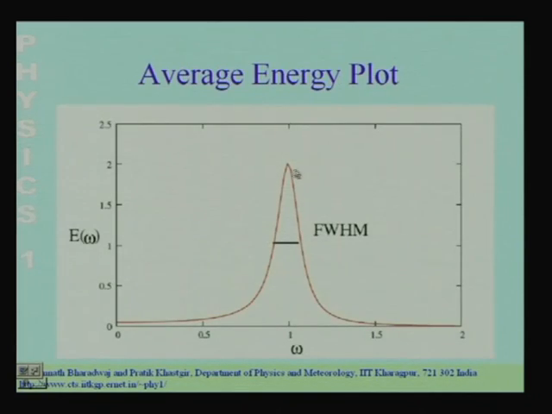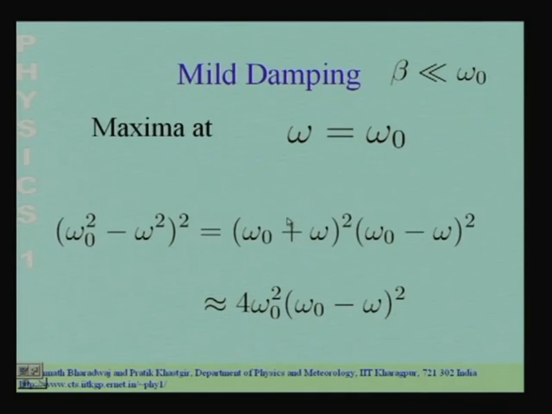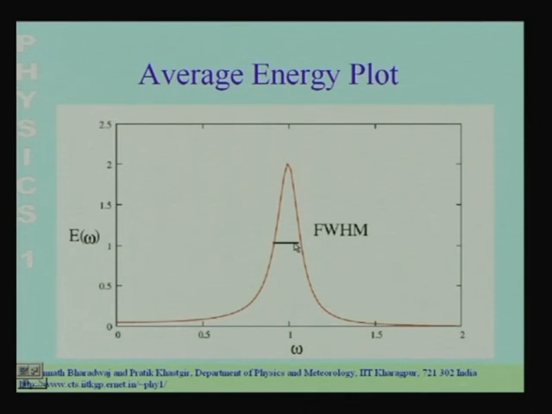It occurs over here, at this value of the frequency, and now the question is, how much do I have to change the frequency so that the value of the curve falls to half the maximum value? In this case, half the maximal value corresponds to 1. So, how much do I have to move away in frequency from the position where the maxima occur, so that the value falls to 1? You can see in this curve that it falls to half the value if you move from here to here, or from here to here.